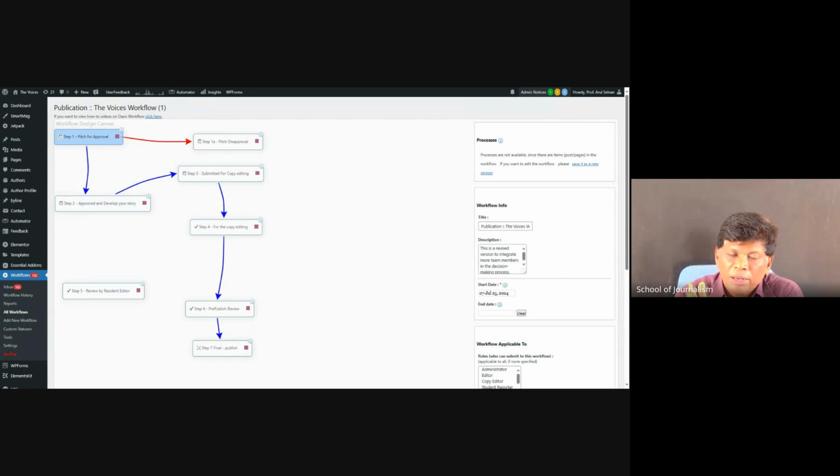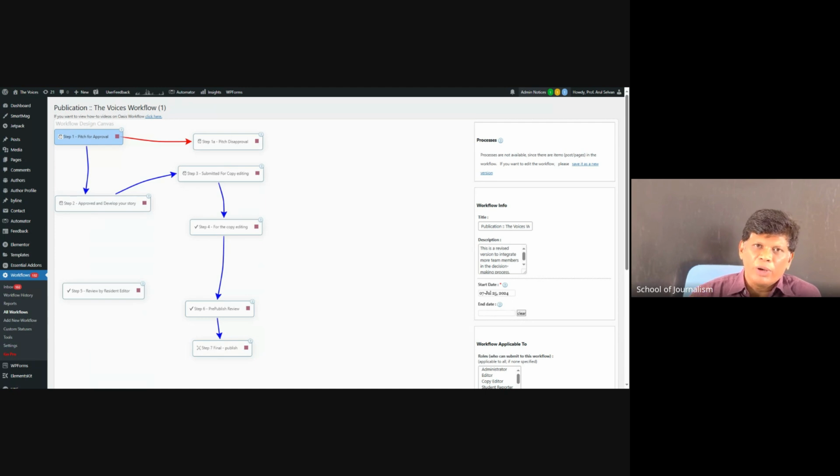If everything goes well, it comes back to the editorial team member, and then the editorial team sends it to one of the senior journalists. Again, the senior journalists are our students only. We have 4 or 5 senior journalists currently enrolled in one of our programs. They act as the final review. They'll go through the review. Your story is approved and copy edited, but still somebody checks the quality of the story.